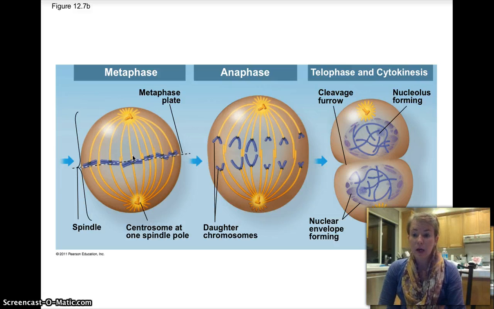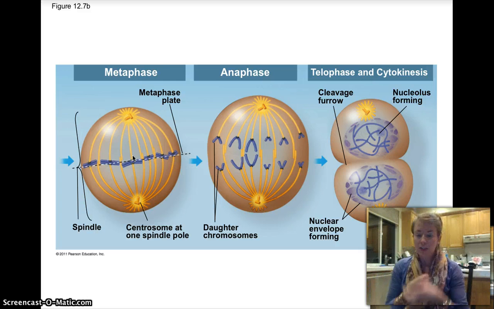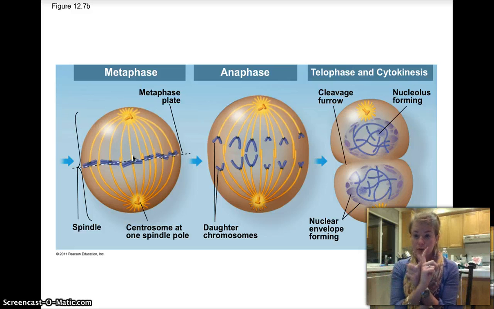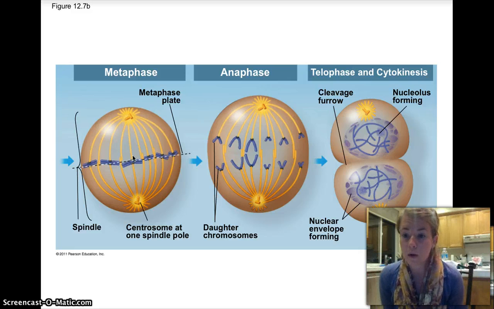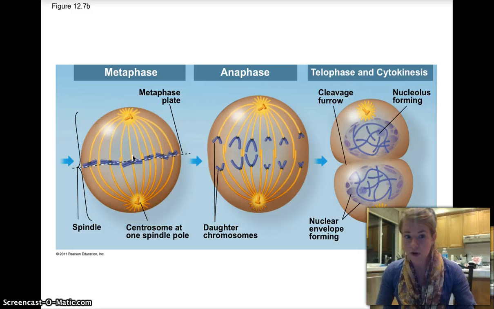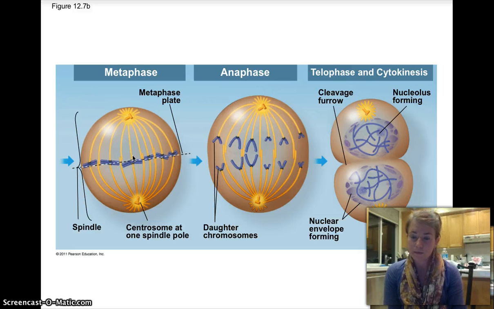Then what happens is, during anaphase, the cell starts reeling in its mitotic spindle. Starts breaking off tubulin monomers and making it smaller, okay? And as that happens, the two sister chromatids get yanked apart. The kinetochore breaks in half, they split at the centromere, and then they're pulled apart. Now they are, again, chromosomes. They're not sister chromatids anymore, they are chromosomes. And they get pulled to opposite ends of the cell by the mitotic spindle. As this is happening, the cell is elongating, so you can see that it's starting to get pulled apart.